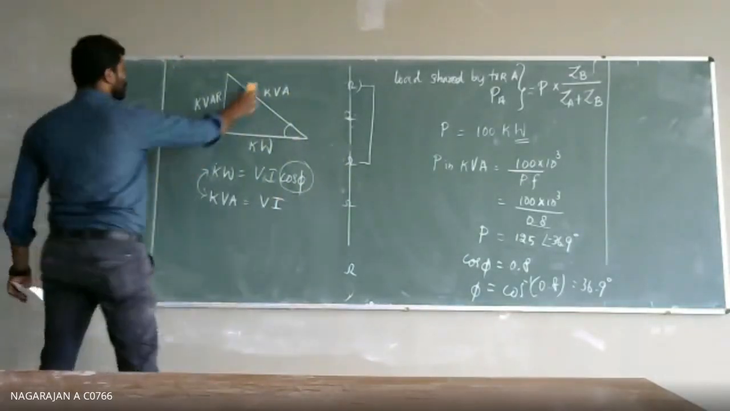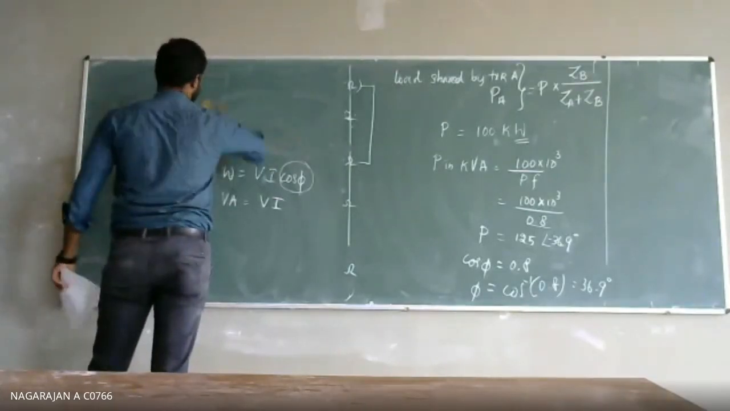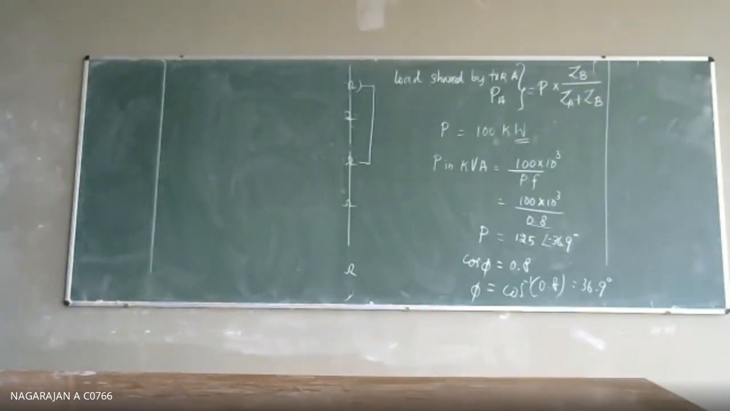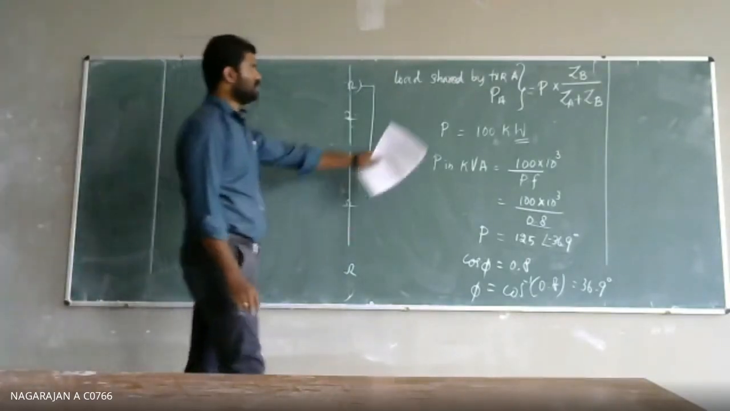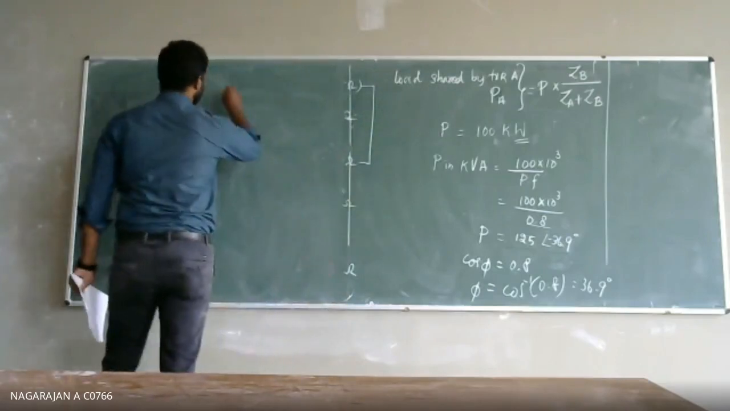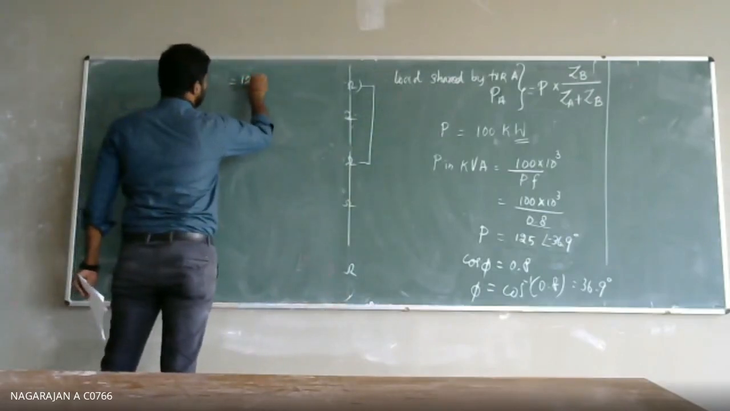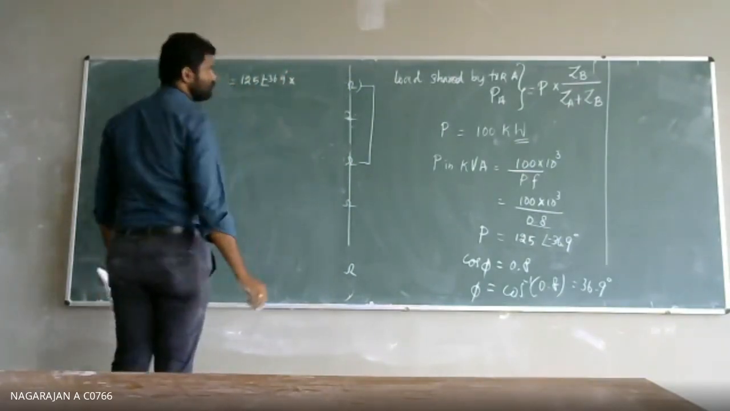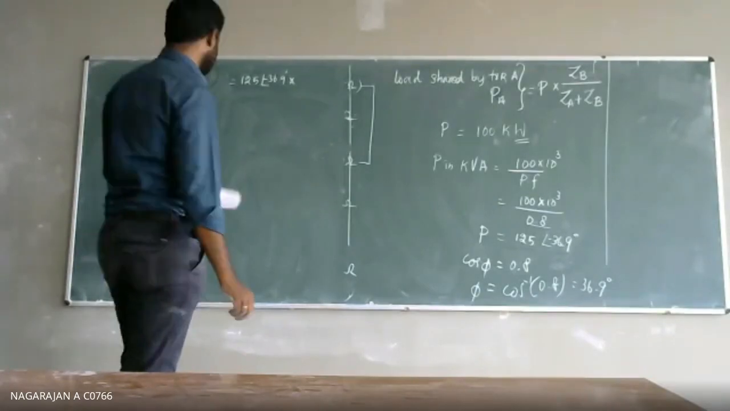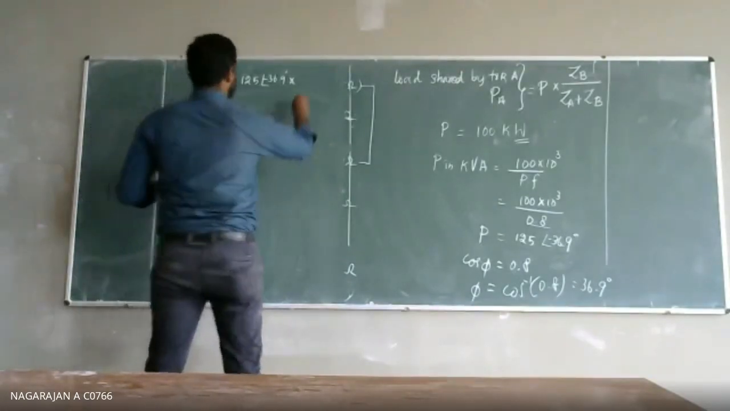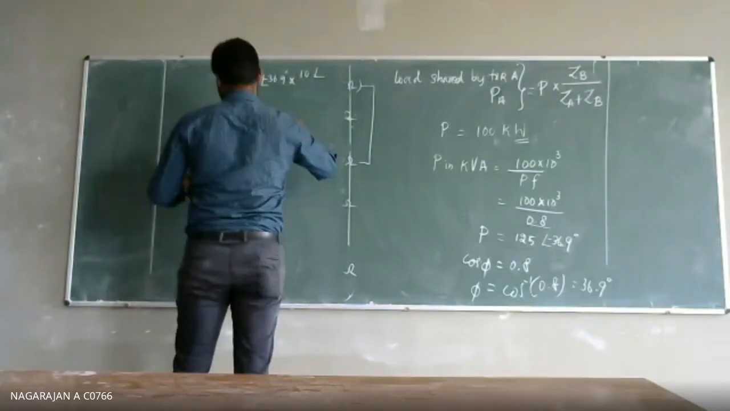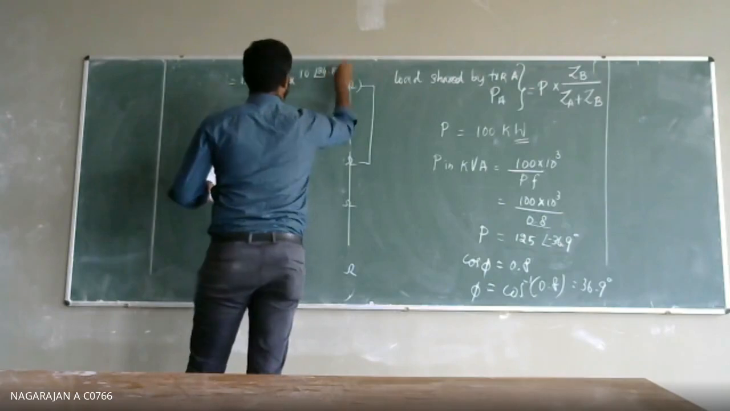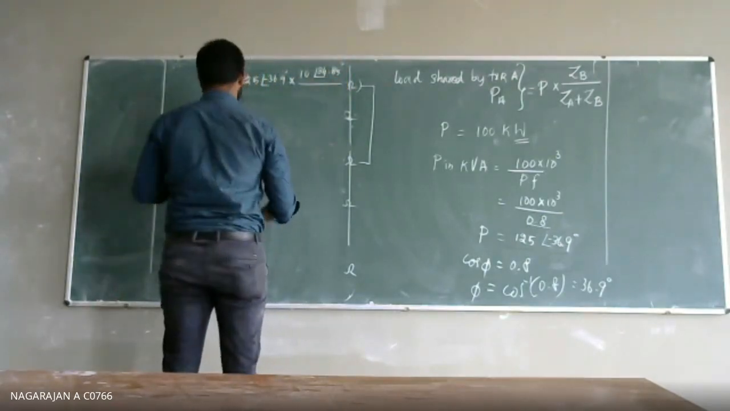Okay, so now substitute the values in this equation. Power is equal to 125 with an angle minus 36.9 degrees into ZB, which is 10 with an angle of 84.85 degrees, divided by total impedance, which is